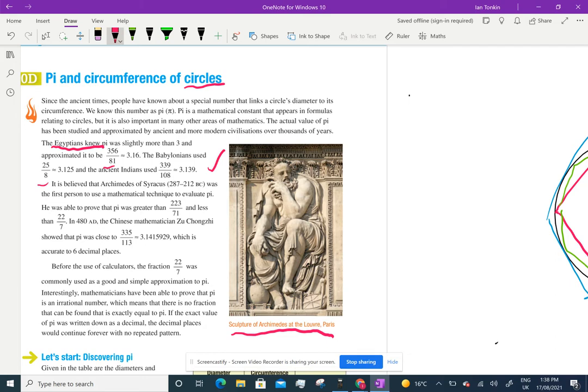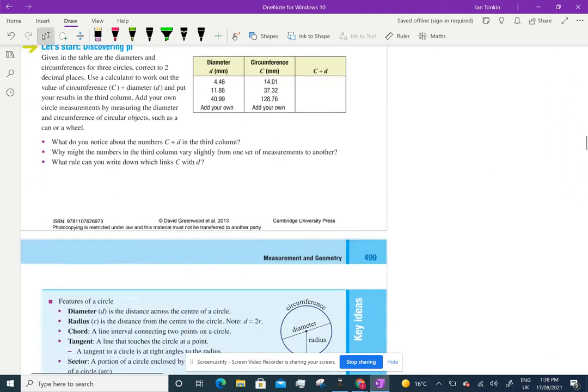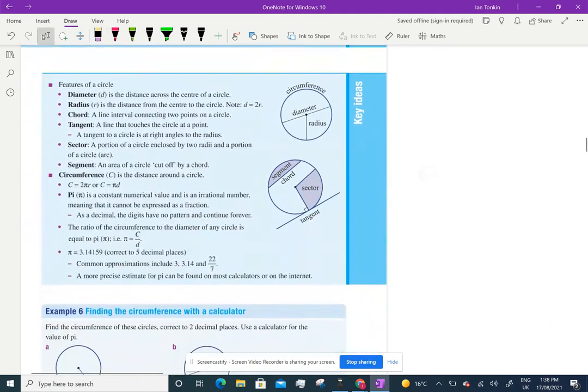Archimedes, all right, 22/7, there he is. And then this Chinese mathematician, or they were able to show that fraction. But before we had calculators, this 22/7 was what was commonly used. Now, we need to understand a few things about what we talk about when we talk about a